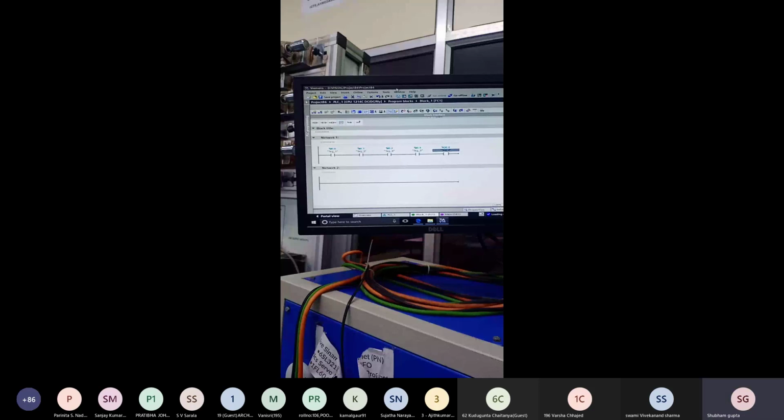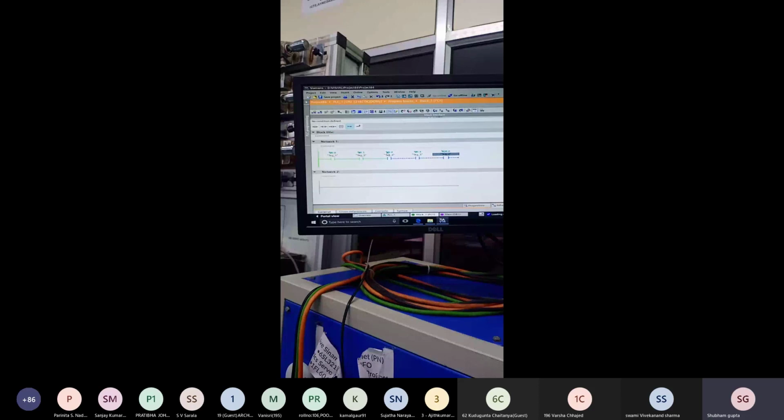When our sensor S1 is energized and sensor S2 is also energized, S3 is energized, and S4 is also energized, then the emergency output lamp is on. And if any one sensor is in an off condition, our output lamp or emergency lamp is not energized. Okay? Anyone has a doubt?